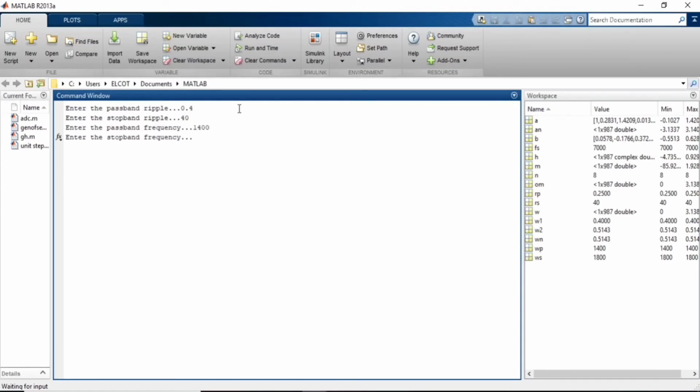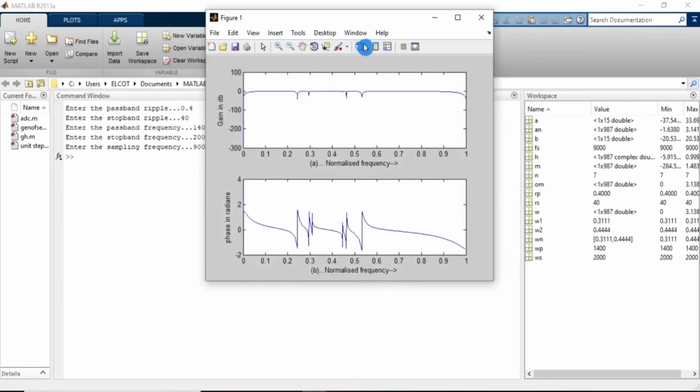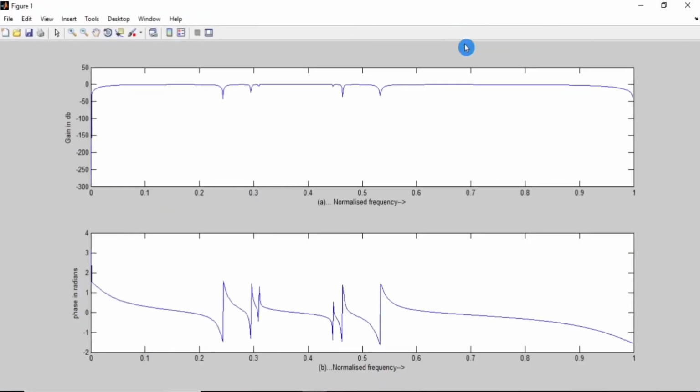And then it is asking us to enter stop band frequency. I am giving it as 2000. Finally, sampling frequency I am giving as 9000. This is the output of our band pass filter, which is the magnitude response, and this is our phase response.